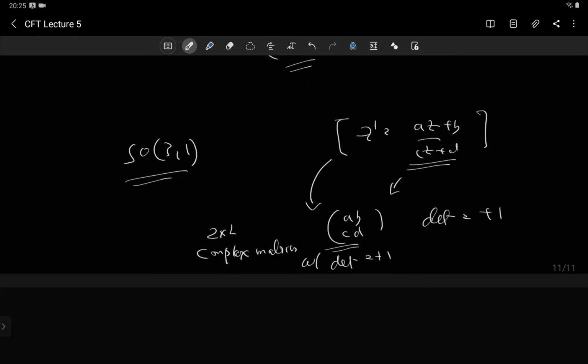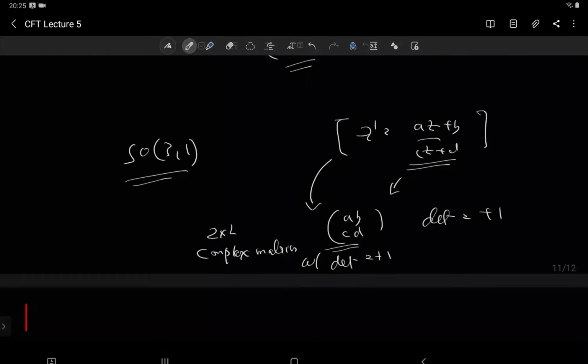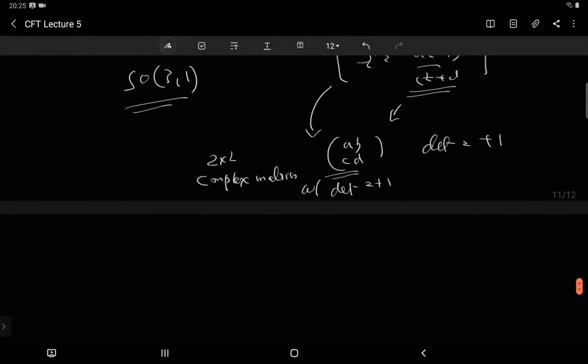But we saw that these are in one-to-one correspondence with these matrices A, B, C, D, because when you go from one transformation to another transformation, the matrices get multiplied. It's as if you're multiplying matrices, right? So the set of conformal transformations is in one-to-one correspondence with the set of 2 cross 2 complex matrices with determinant +1. Okay, but not exactly,